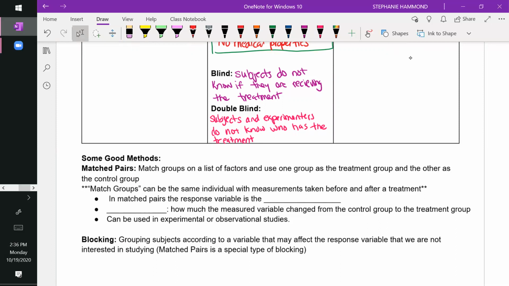And those different breeds, different sizes of dogs might have different effects on diet. So in order to control that lurking variable, that confounding variable, it would be good to use a matched pairs